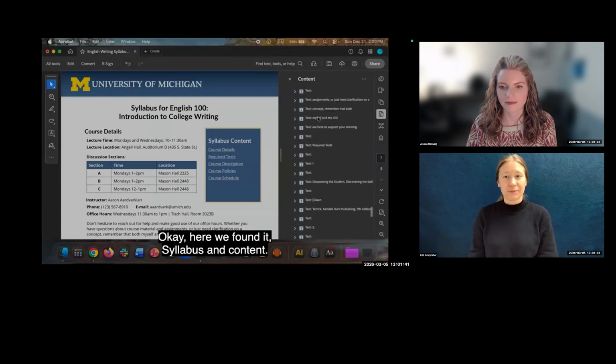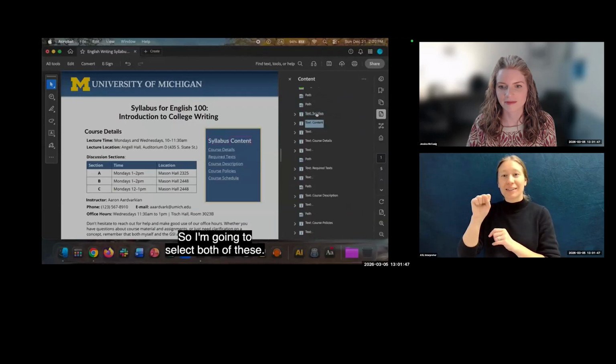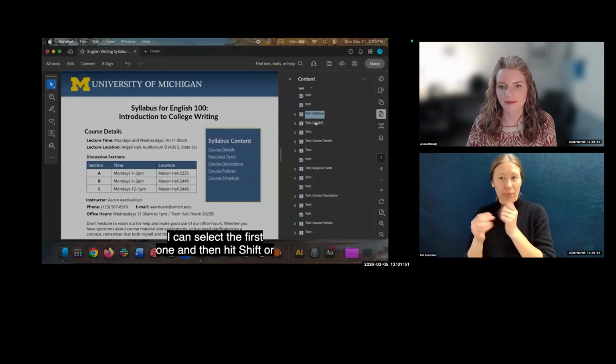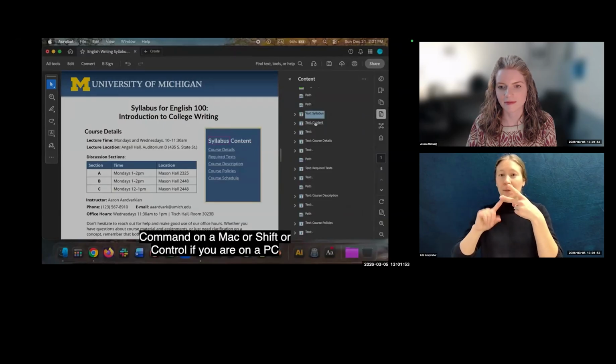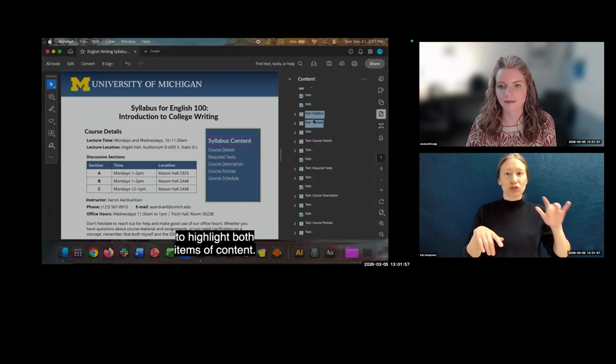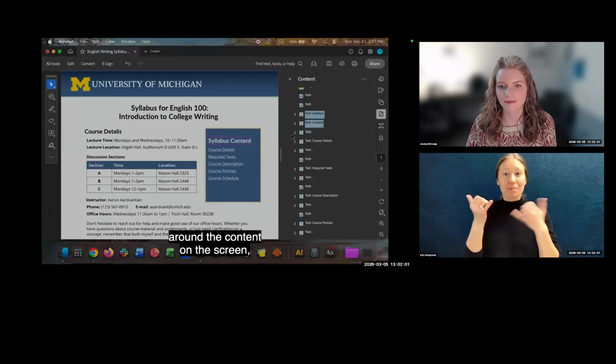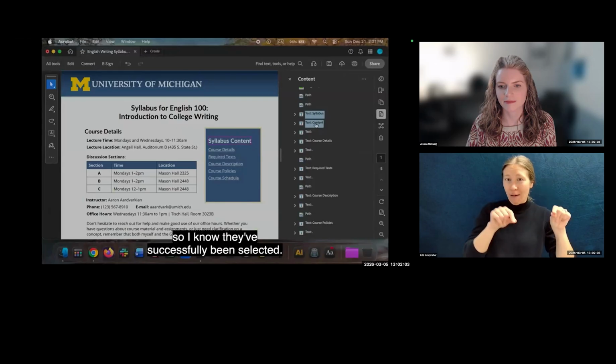Okay, here we found it. Syllabus and content. So I'm going to select both of these. I can select the first one and then hit Shift or Command on a Mac, or Shift or Control if you're on a PC, to highlight both items of content. You will see there is a pink box around the content on the screen, so I know they've successfully been